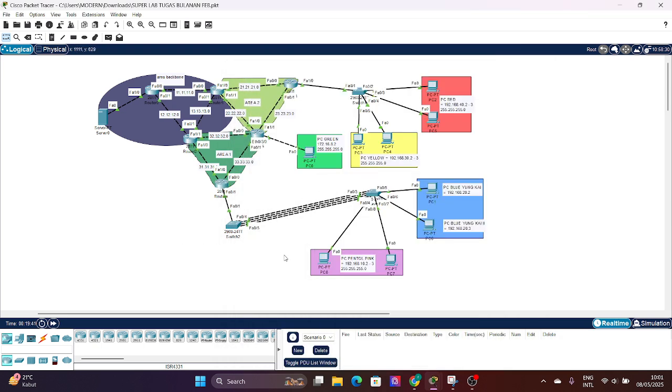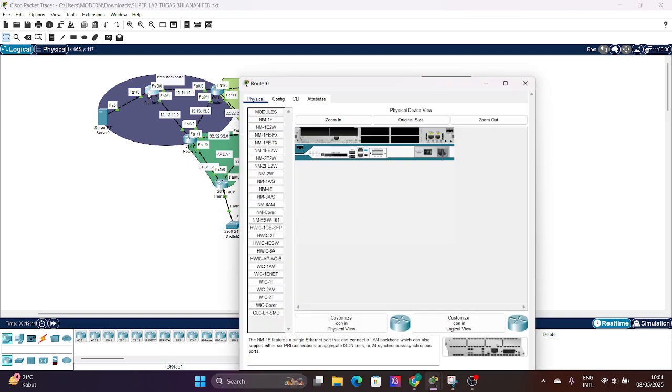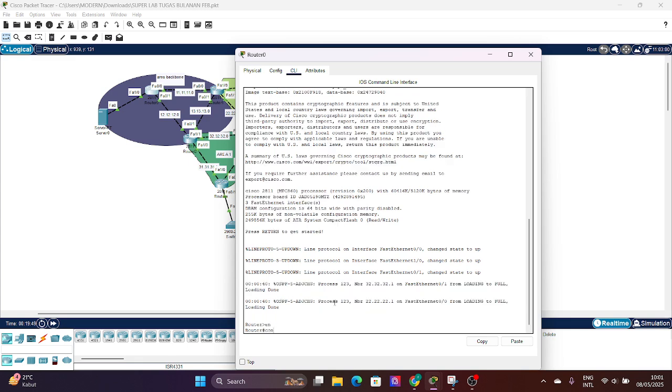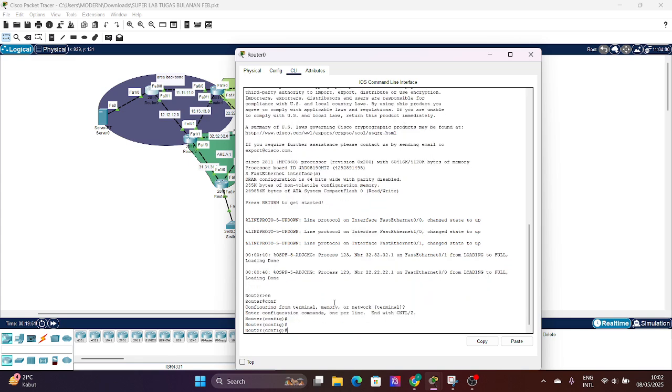And you can see how to configure the router in area backbone.